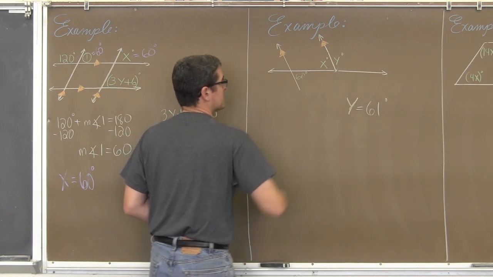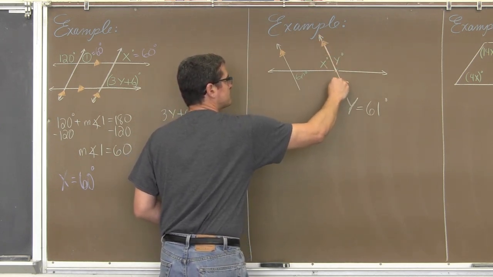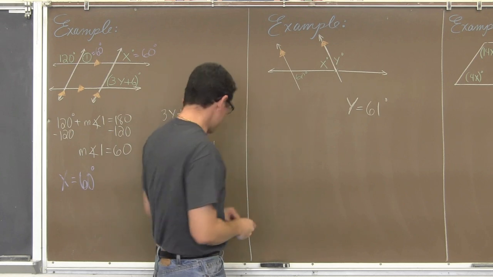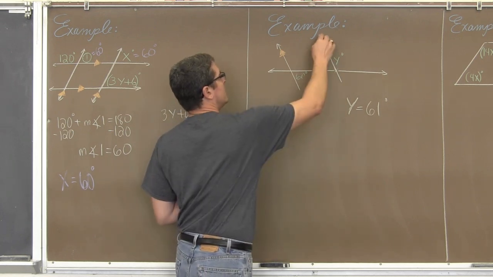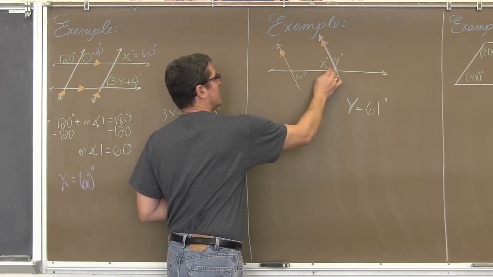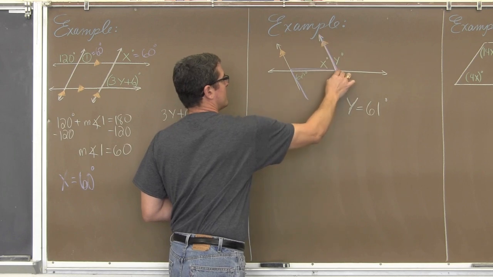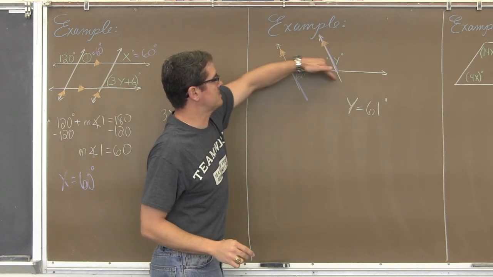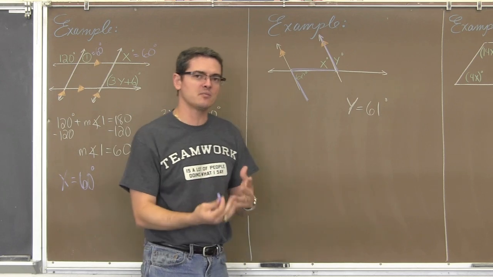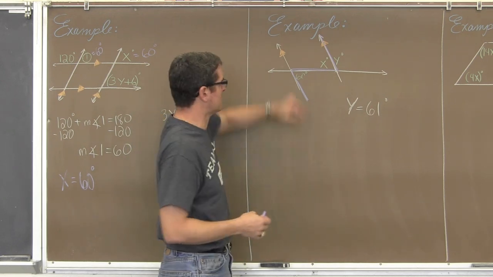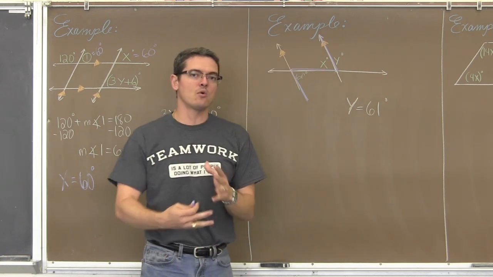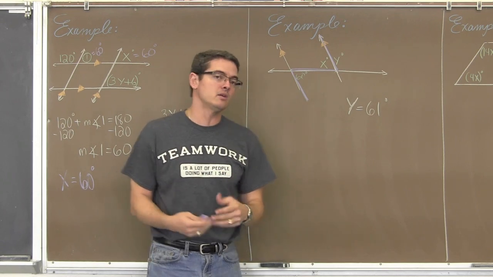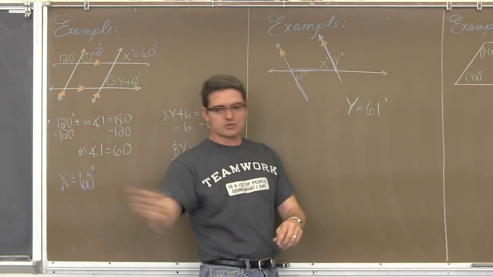And let me just extend this line for a second. You see this Z shape right here? Whenever you have parallel lines being cut by a transversal, the alternate interior angles, if you can see that, or maybe highlight it with a pen or something on your diagram that you've already made with a pencil, that Z shape is what is formed by your alternate interior angles, kind of like your Zorro.